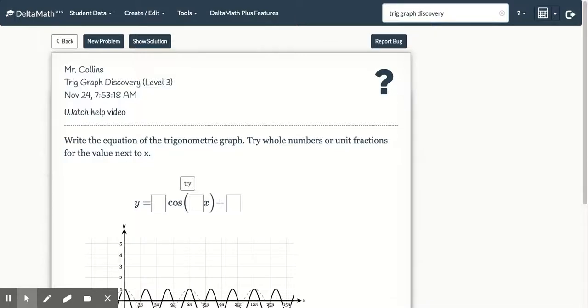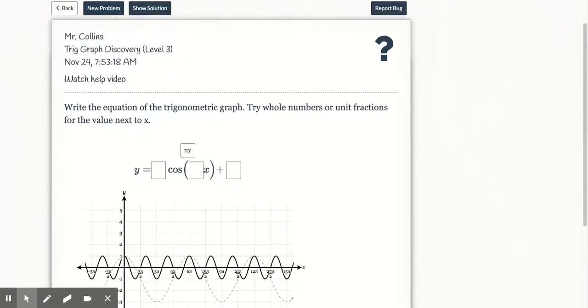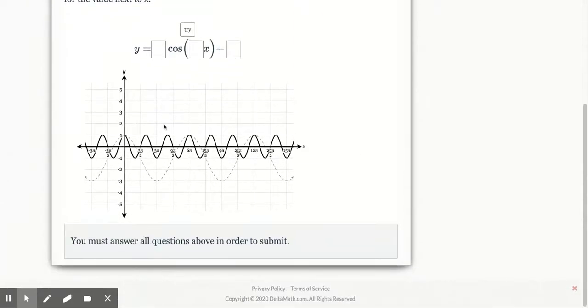All right, a quick video about trig graph discovery. This has shown up in recent homework assignments on DeltaMath, as well as the latest quiz. And I think what's confusing people is you have this solid black curve and also this dotted curve. Both are sinusoids. First of all, the goal here is to try to take, in this case, the black curve